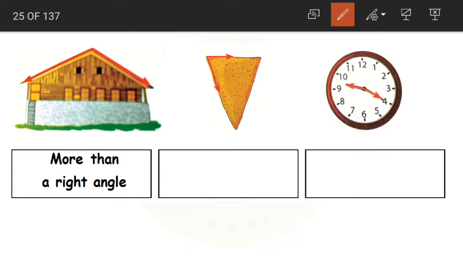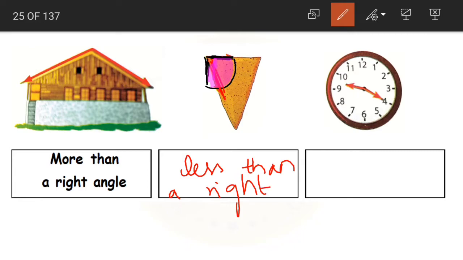Now coming to the second one. Again, where to place our right angle tester? Alongside the arm. When we place the right angle tester alongside the arm and check, see, now this is our right angle and the original angle is inside this right angle. It is inside the right angle. That means what can we say, children? The given angle is less than a right angle.